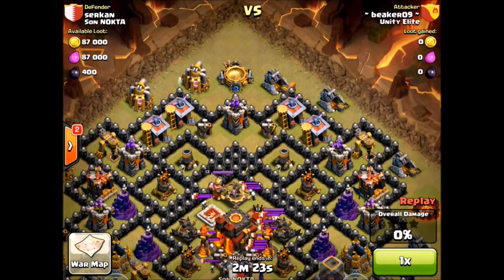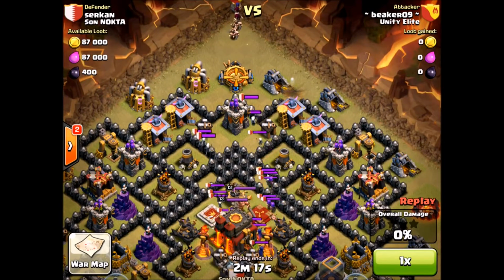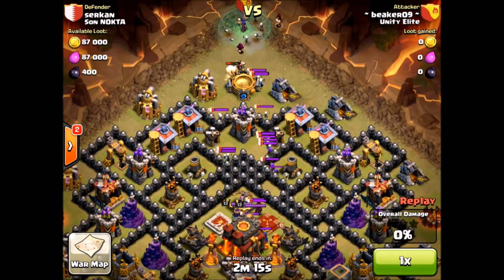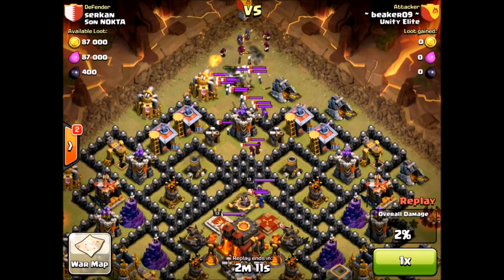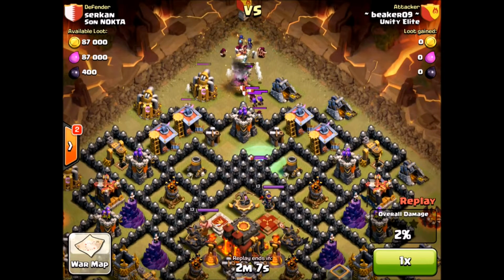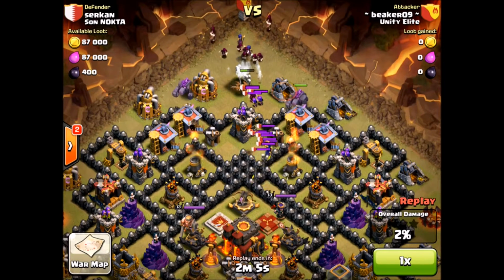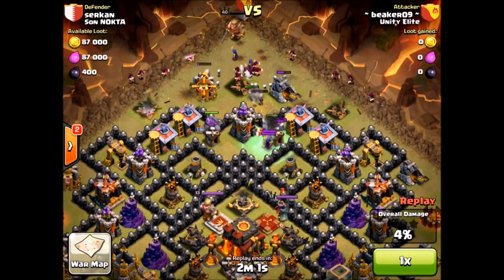So here we are on a perfect target. A southern teaser. It's perfect for GoWiPe for many reasons. Here you're going to see I'm starting at the top. You'll see me do this a lot. You'll see people in my clan do this a lot. This is so good for GoWiPe because those heroes, and well, not the CC because I'm killing it now, but